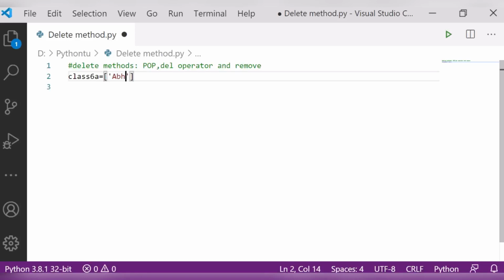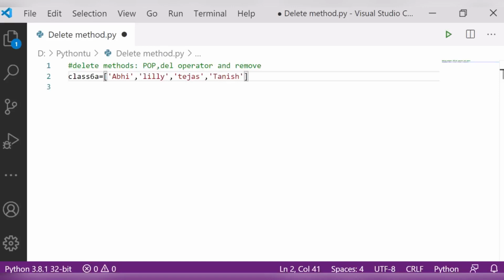Suppose I am writing names here. Lily. After that, one more name, let me add: Tejas. Then another name, Tanish.